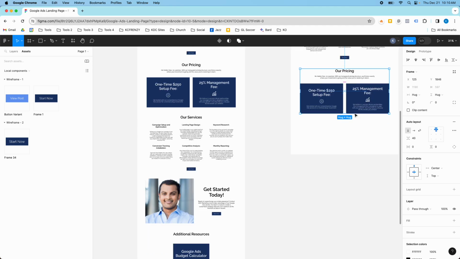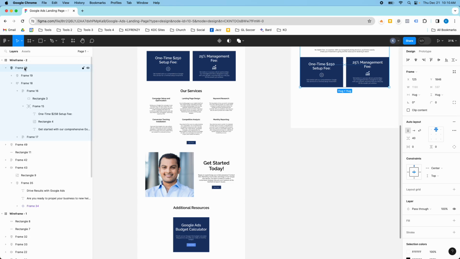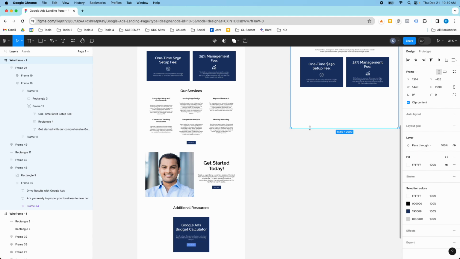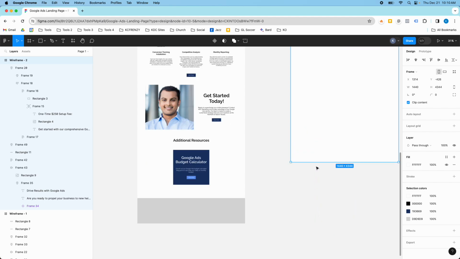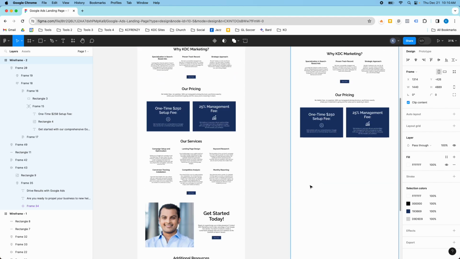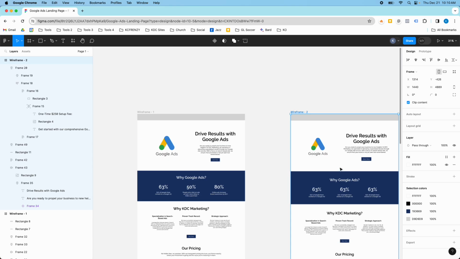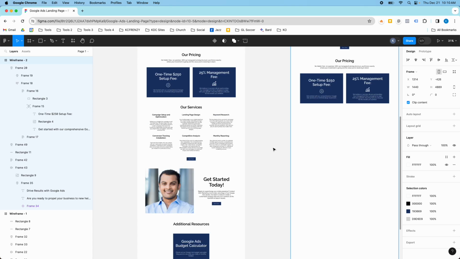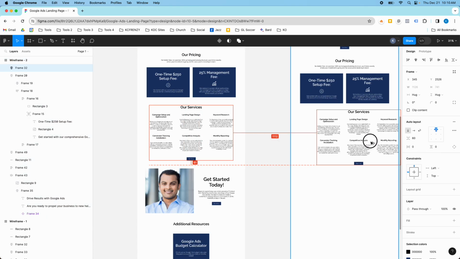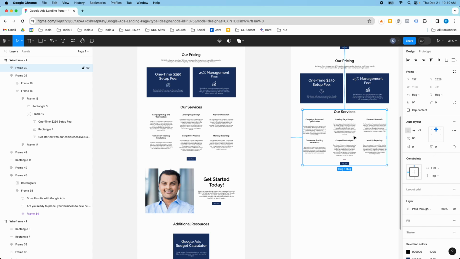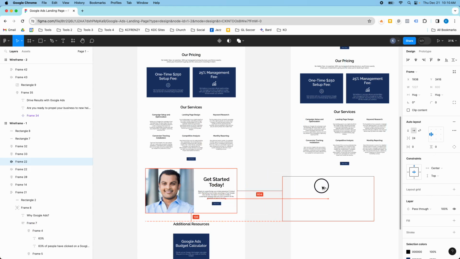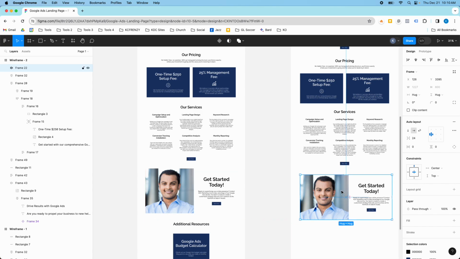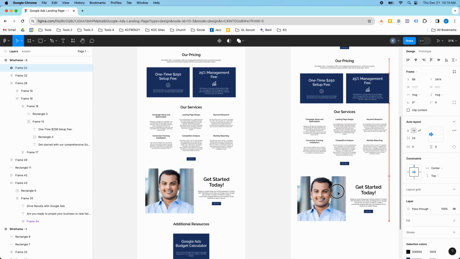center and everything. So I hope you're starting to see how critical auto layout is to making wireframes quickly. And it really is the fastest way to design. And then these other sections, same thing. I just built them using very simple building blocks, so rectangles and text, shapes and text, and then